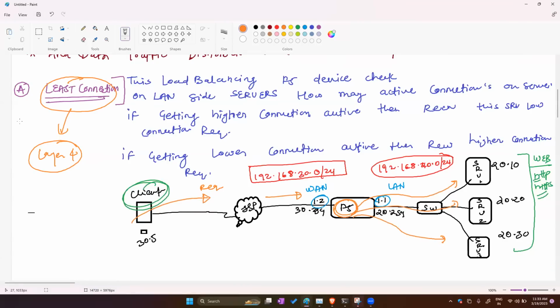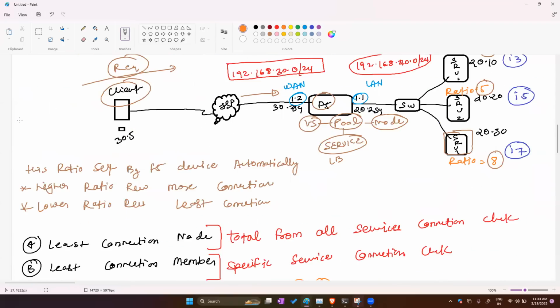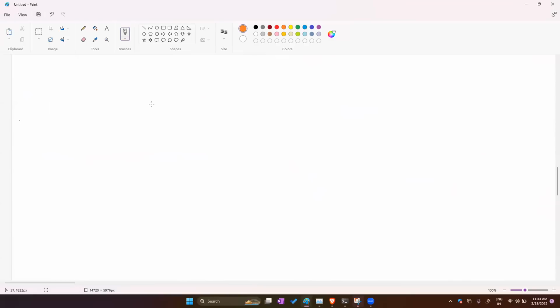Now one more load balancing is available. After least connection, we are getting the second load balancing is fastest. Which one load balancing? The fastest. This load balancing in use in production network. Least connection we are not using, but fastest we are using in production network. Okay, why? For example, in this load balancing,